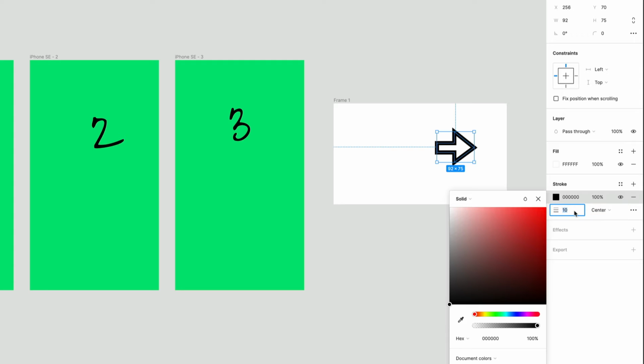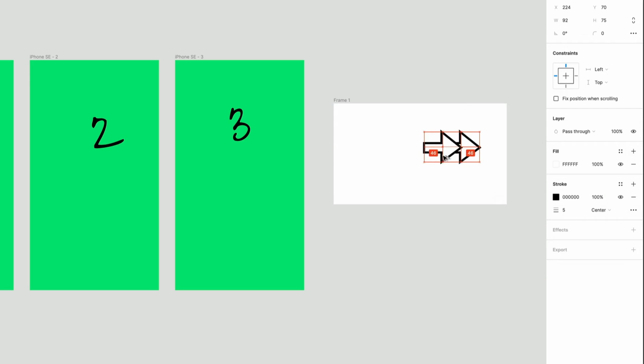That's a little thick. Sorry, I'm going to back that down some. I'll go like, and even that's a little thick. Maybe I'll go 5. All right, so that's good. That's all right. So I made a right arrow with the pen tool. Okay, now I'm going to alt drag this